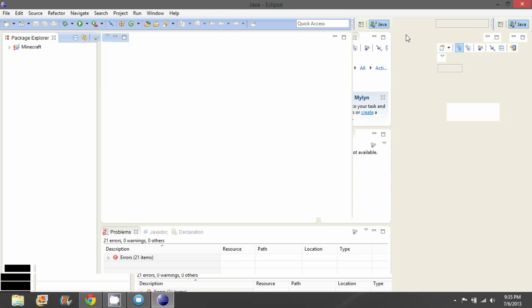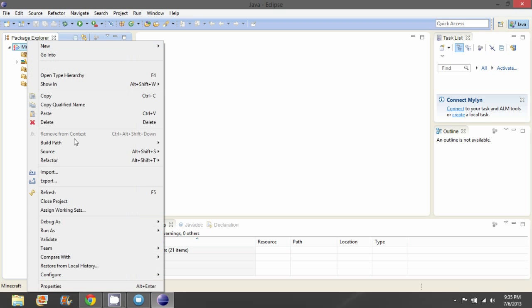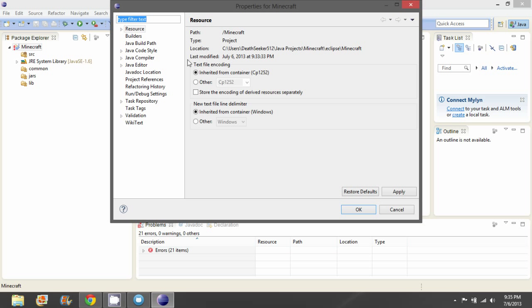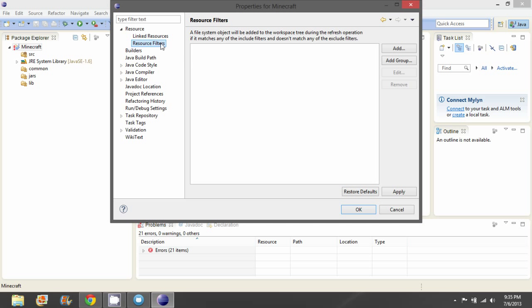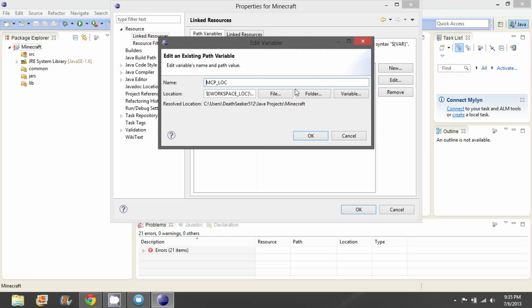And so I'm just going to maximize this. And it says there are issues with Minecraft. That was to be expected. So right click on it and properties. Go to resource, linked resource, change MCP location: just hit edit, and then put a slash, if this is a slash then use that. If it's not, use whatever it is. So this will take us to here.